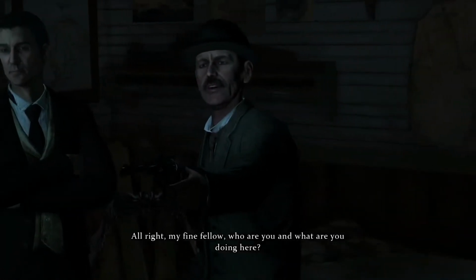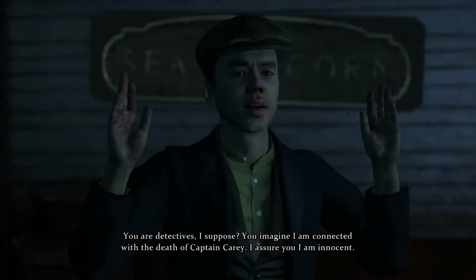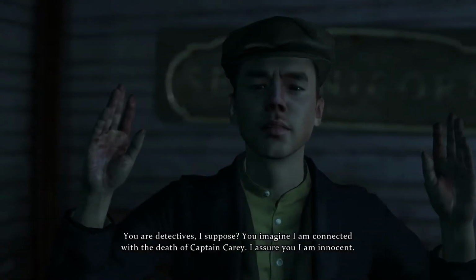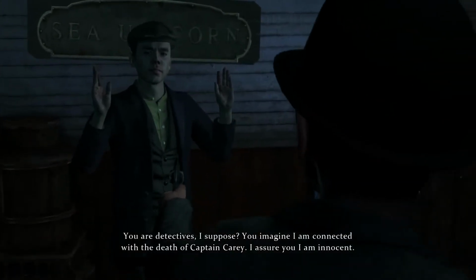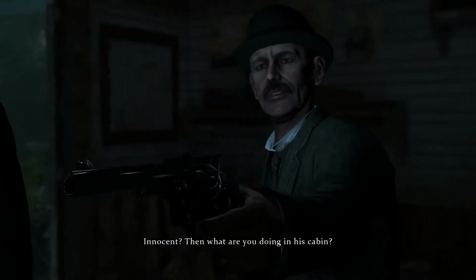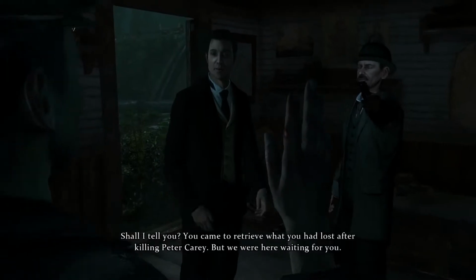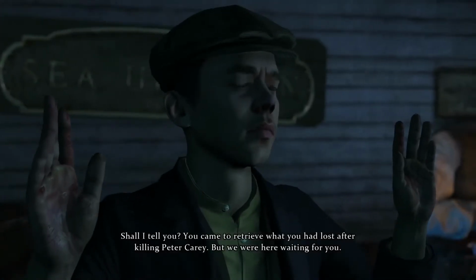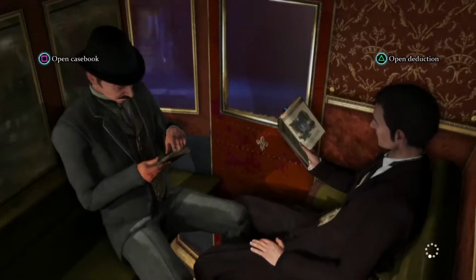All right, my fine fellow. Who are you and what are you doing here? You're detectives, I suppose. You imagine that I'm connected with the death of Captain Carey. I assure you I'm innocent. Innocent? And what are you doing in his cabin? Shall I tell you? You came to retrieve what you had lost after killing Peter Carey, but we were here waiting for you. What is your...